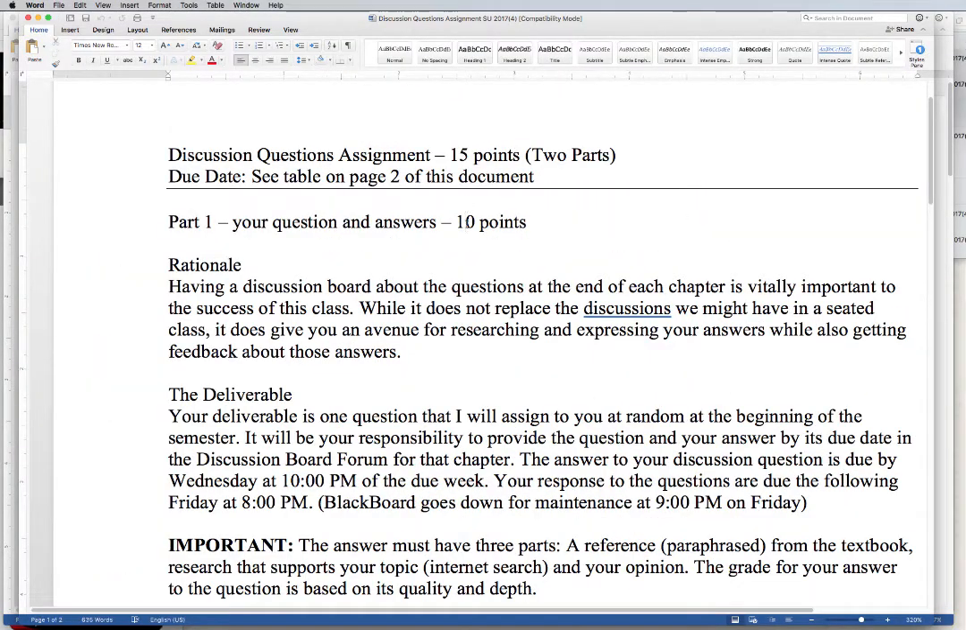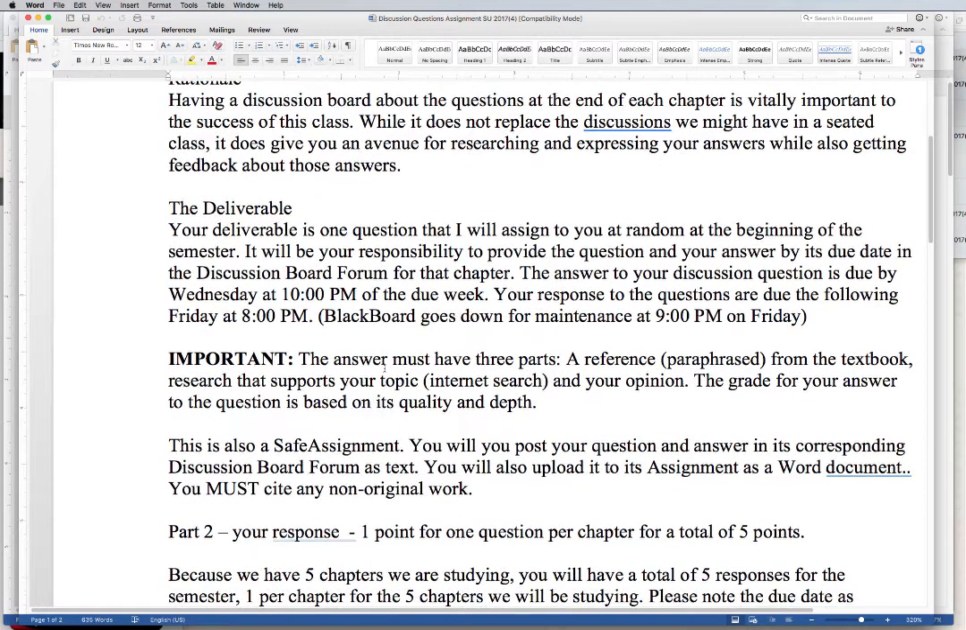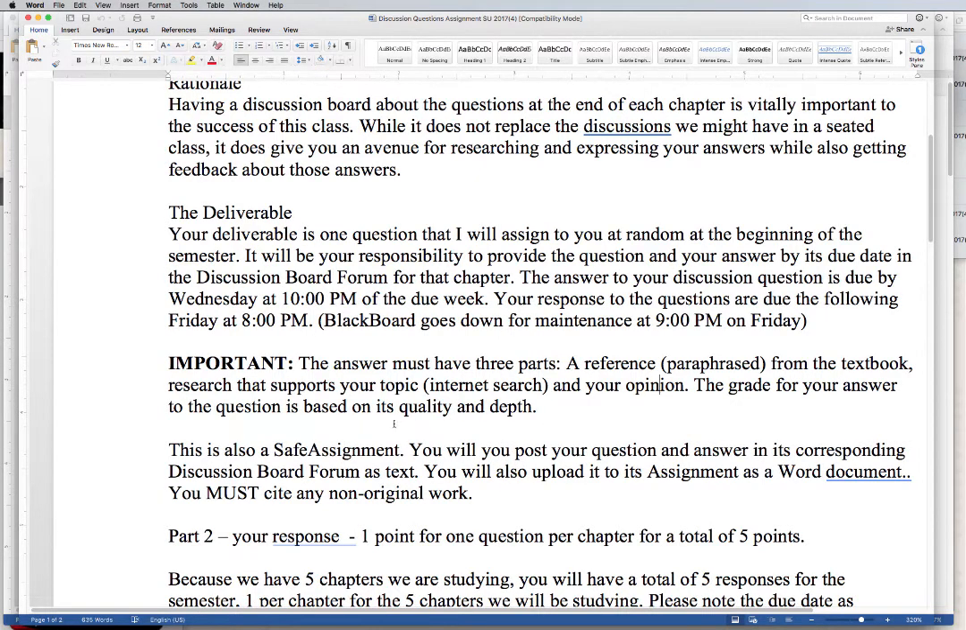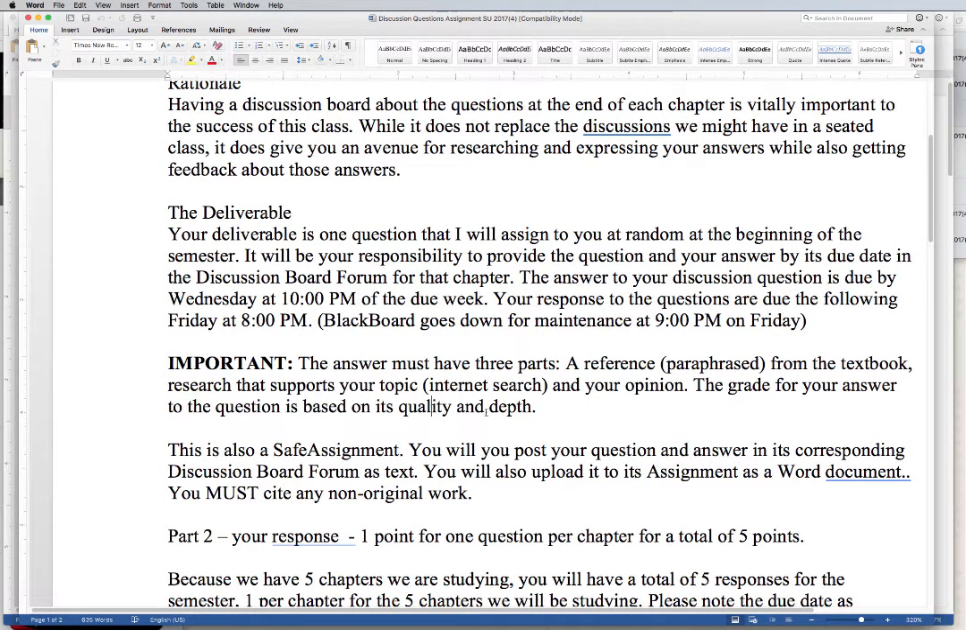So this part is worth 10 points, and then you'll have 5 comments worth 1 point apiece. So you want to make sure that you read through this document also. Again, your answer must be in 3 parts. A reference from the textbook that supports your topic, and then the research that supports your topic, and your opinion. So it's 3 parts. So the grade for your answers to the question is based on the quality and depth